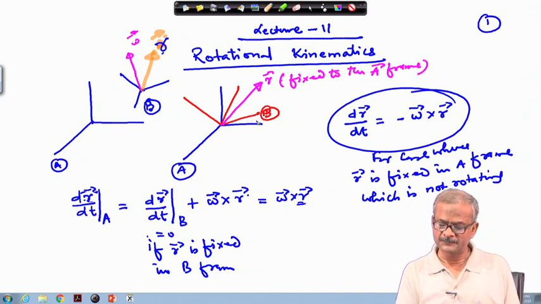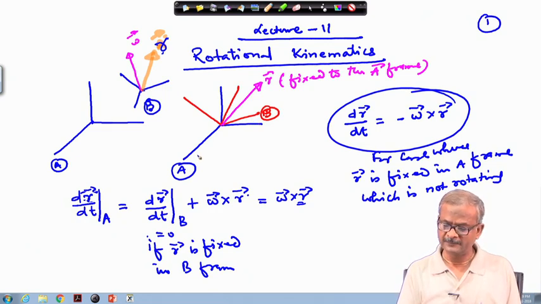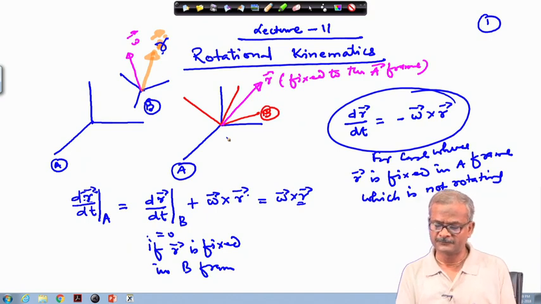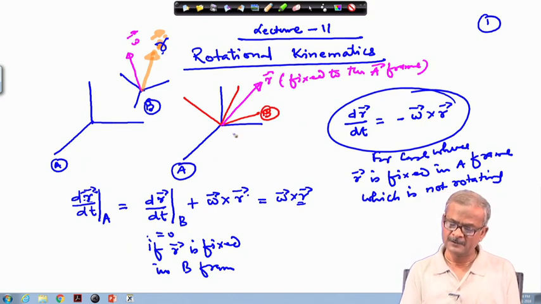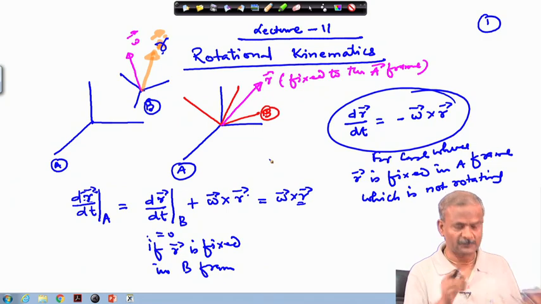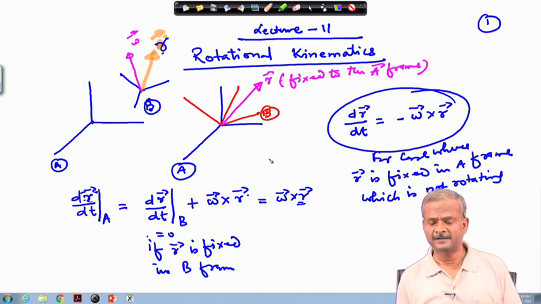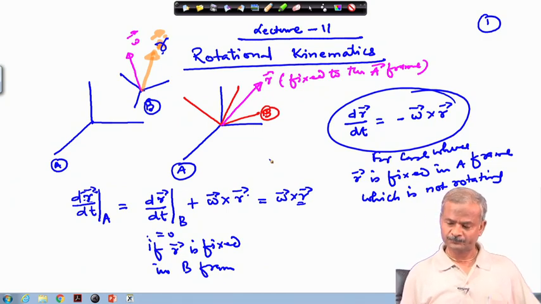But once it comes to the dynamics, then there is a difference. The rotating frame can never be an inertial frame, while an inertial frame has to be non-rotating. So, in that case there is a proper distinction. Here, if we are just looking at the kinematics, it does not matter whether we sit on this or on this. For the angular changes it does not matter, but if we are looking at the torque and the forces, then it really matters.